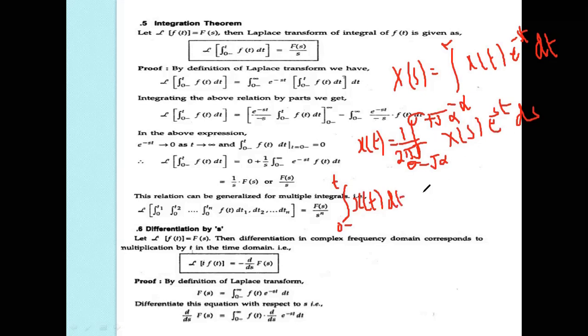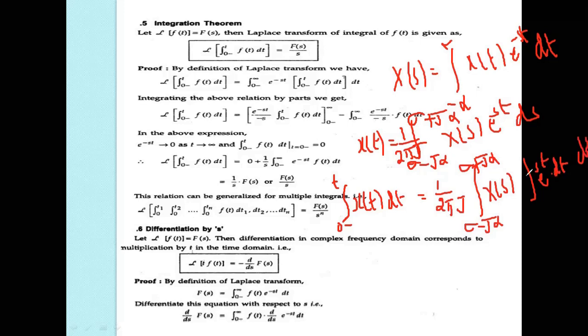And similarly here also you can apply the integral with respect to t, only for this exponential. On the right hand side also I am applying the integration: 1 by 2 pi j, integral from sigma minus j infinity to sigma plus j infinity of X(s), and the t term is only in e to the power st. So the integral of e to the power st dt and ds. Only the t term is a variable and the remaining are all constants. That is also from 0 minus to t. Got it? It is equal to 1 by 2 pi j